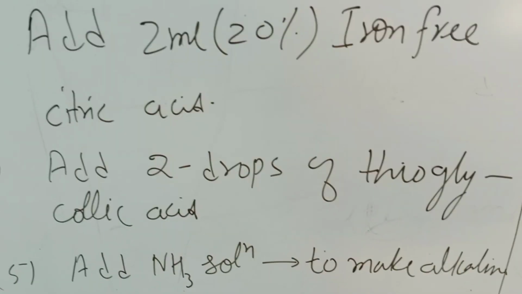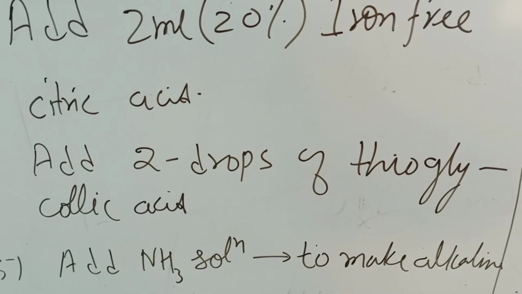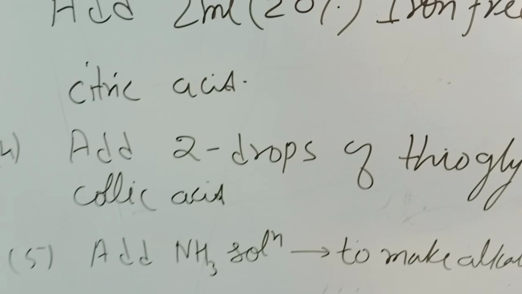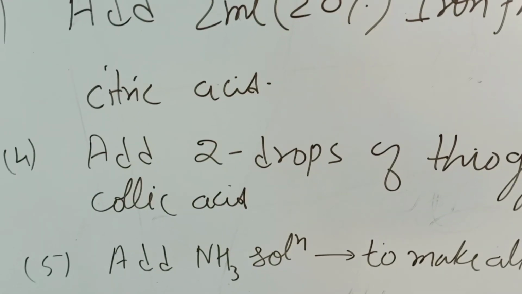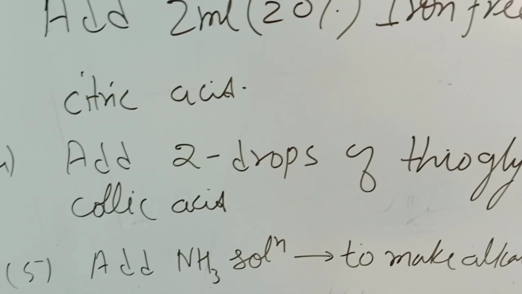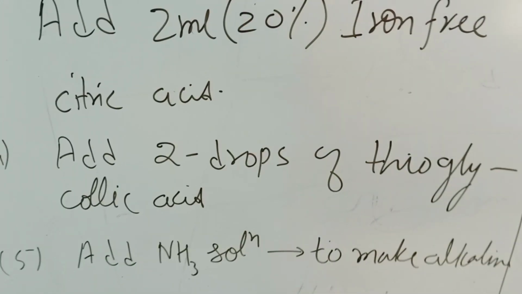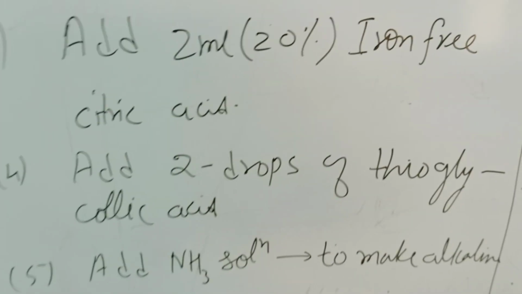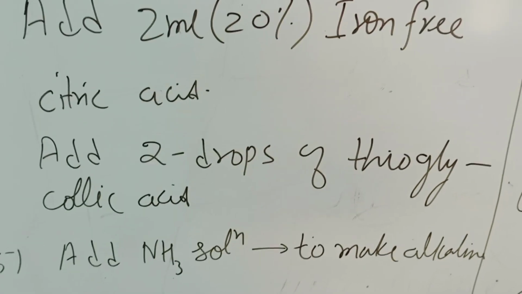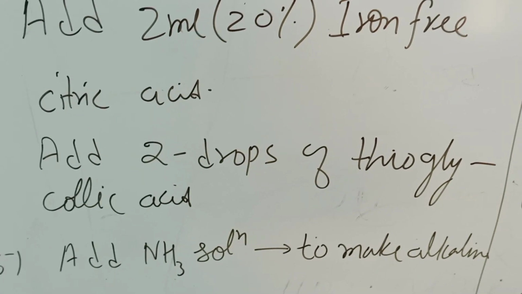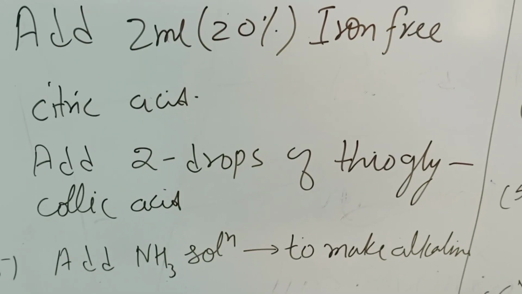Here we are using the ammonia solution to achieve an alkaline pH, and it must be added in such a manner that it does not come in contact with the body and is not inhaled. It should be added in a very careful manner, and its quantity is not mentioned here because we have to add the ammonia solution in a quantity sufficient to get an alkaline pH.